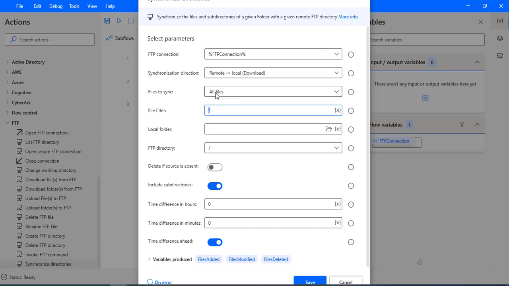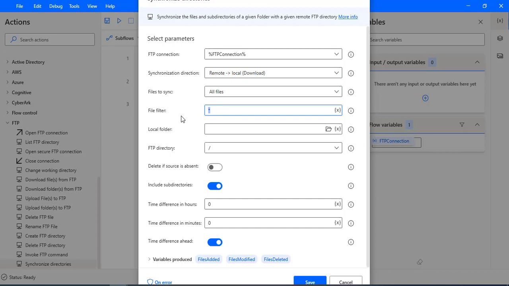directory. Now, this file filter is nothing but a filter option for when you want to download or upload specific files. Let us assume I want to upload or download only the files related to PPT. In that case, I will define the filter as star.pptx. If I want to upload or download all the files, in that case, we are going to define star here.